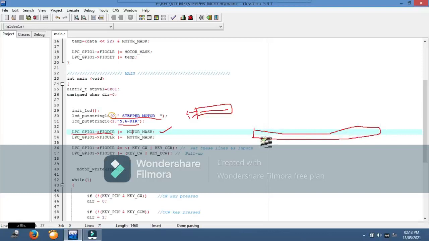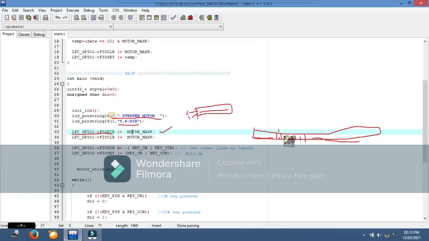And here the motor mask, which variable you taken as 3C, means bit number 22 to 25 are all 1, and remaining all zeros.